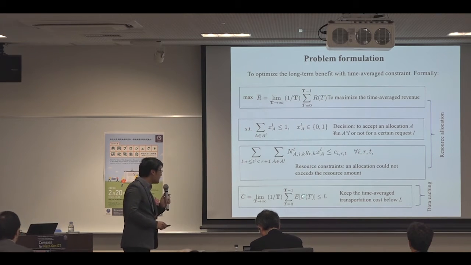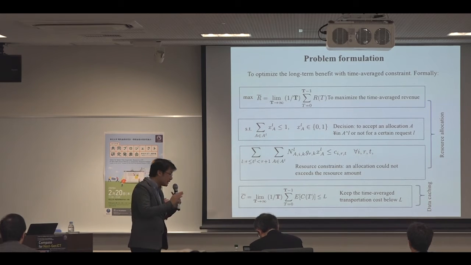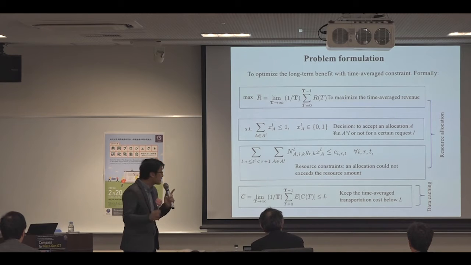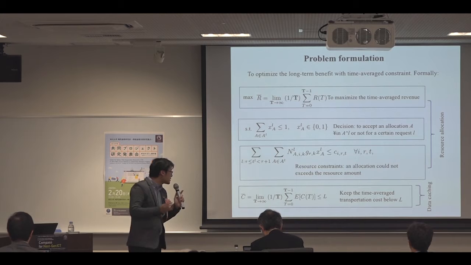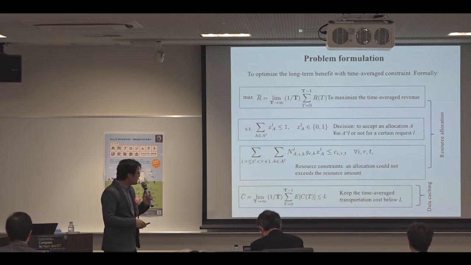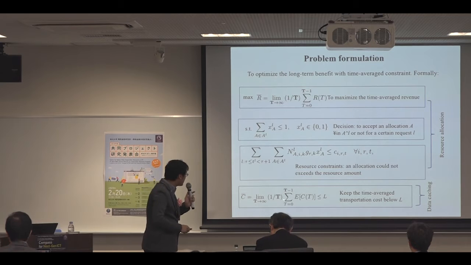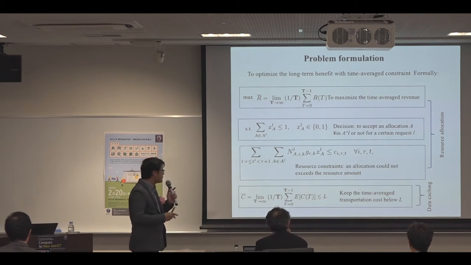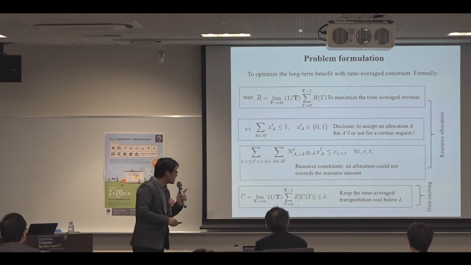CT is the intercloud data transportation cost in time slot T. We sum the transportation cost in every time slot and divide it by the number of time slots, and we get the long-term transportation cost